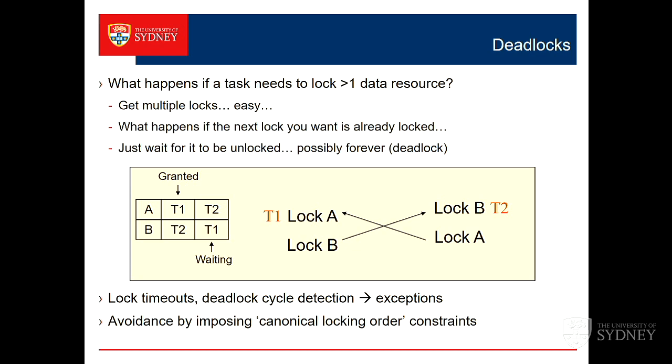It's called a deadlock. So there's a nice little example of it. T1 comes along and locks A and then wants to get a lock on B, and semi in parallel with that, T2 comes along and locks B and then tries to get a lock on A. And over there on the left-hand side is the little lock table in the resource manager, and it says, here's the list of granted locks. The lock on A is granted to T1, the lock on B is granted to T2, and here's a list of things waiting. T2 is waiting on the lock on A, and we have a cycle.